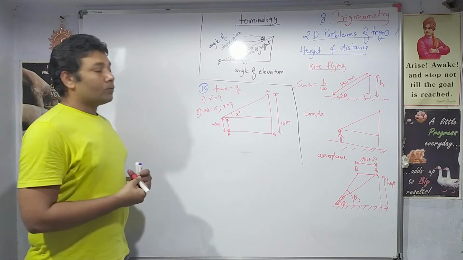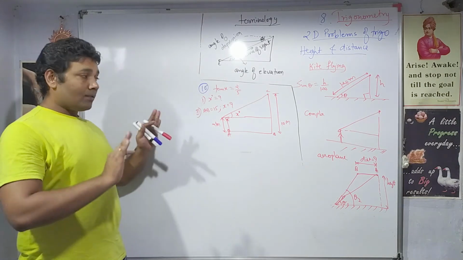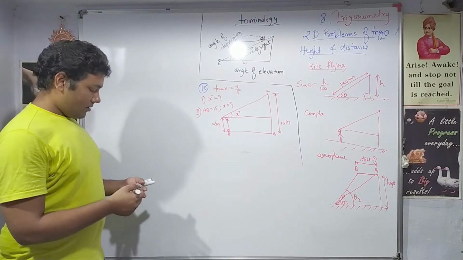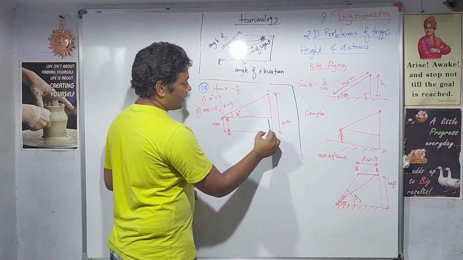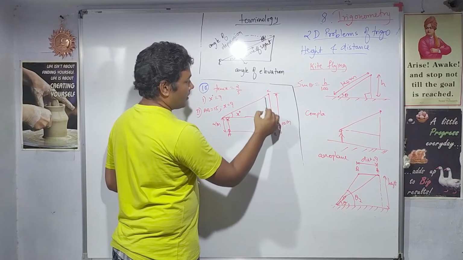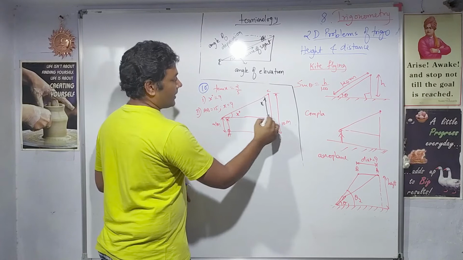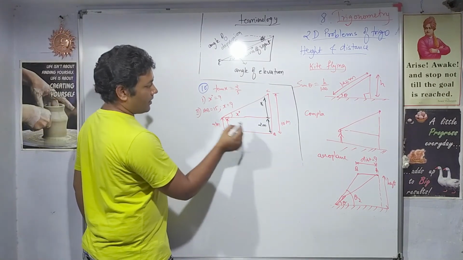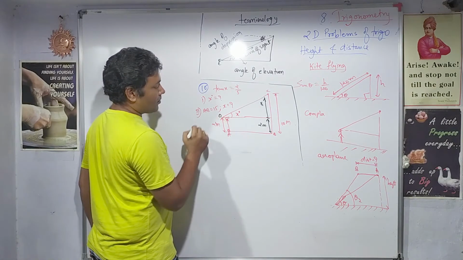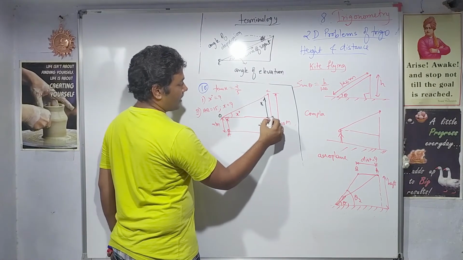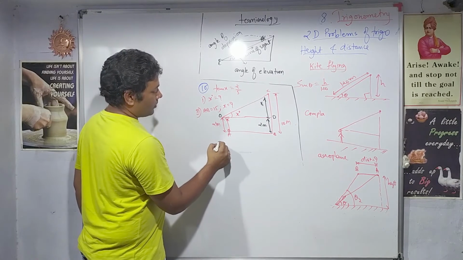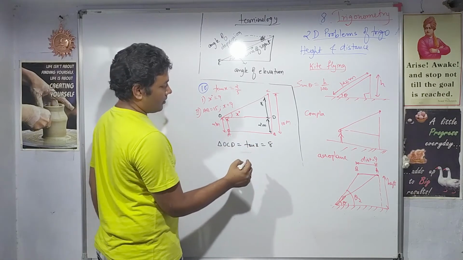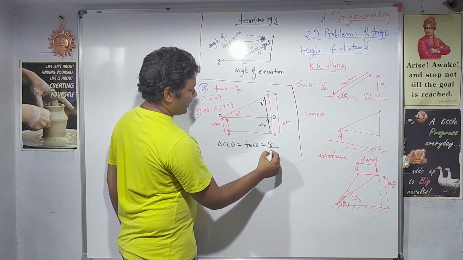So again, can you see two triangles? No, only one triangle, but the question is quite complicated. Let us try. Right, this height is given as 2 meters, so this will also be 2 meters. This will be 8 meters. We'll find out this distance. First case we have to find out x. Let us name them B, C, A. I'll name this one O, and this one D. So in triangle OCD, tan x will be equal to perpendicular 8, and base is OD.